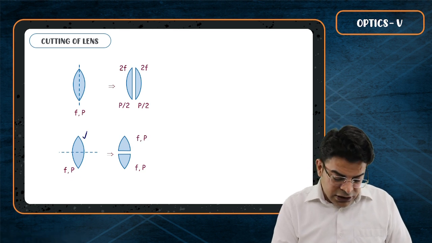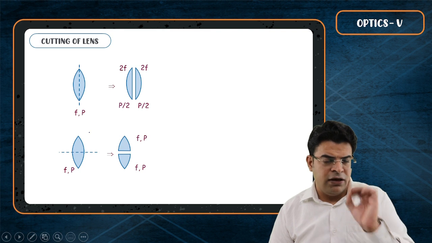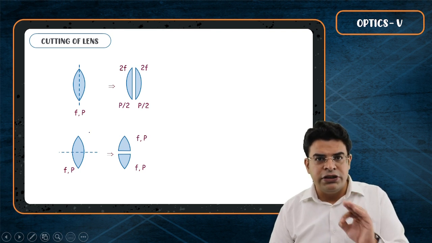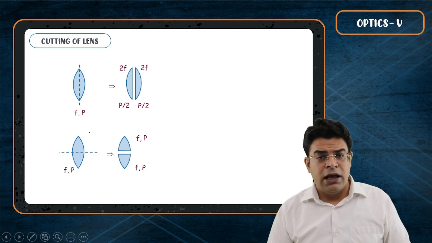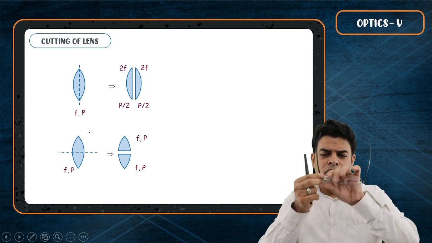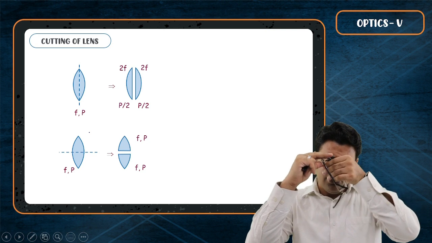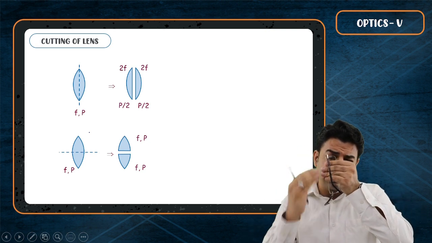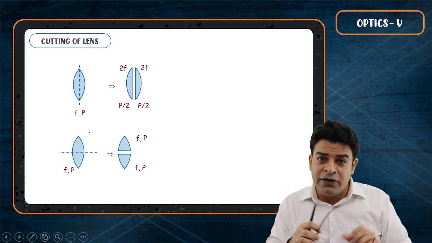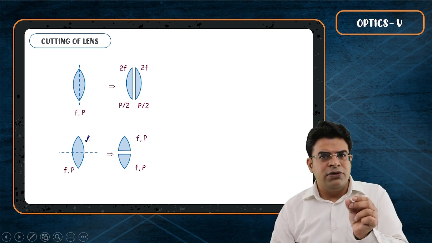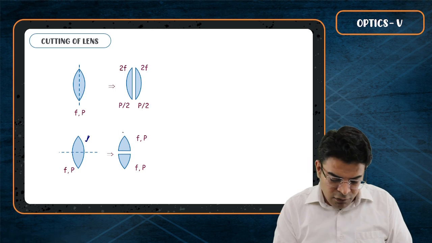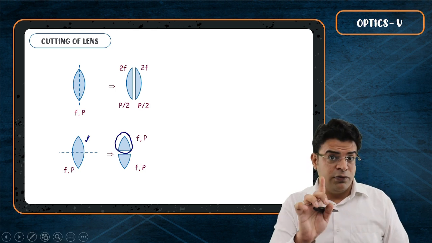When I answered this question for the first time in life, I answered it using the knowledge that I am constantly wearing a lens. If I take this lens and look only through some part of it, hide the other part, I still see the image clearly. And the reason is that whatever is the power of the complete lens, that same power is of one part of the lens if cut this way.